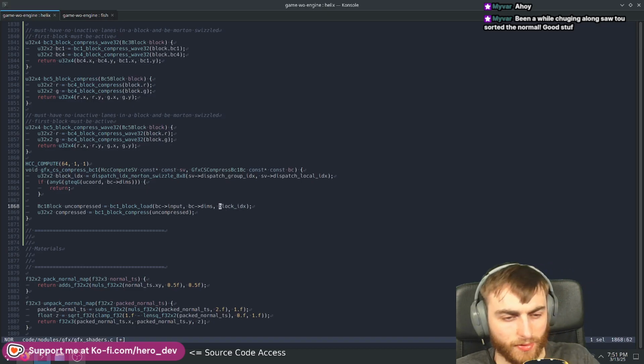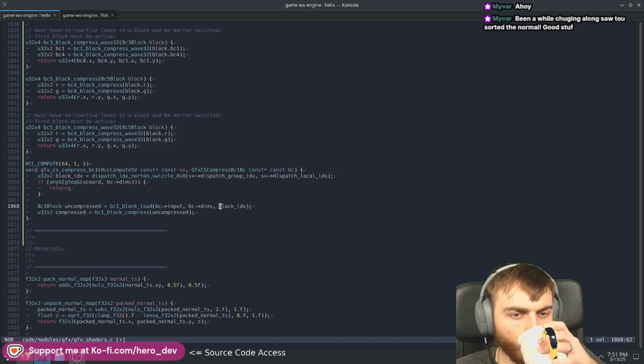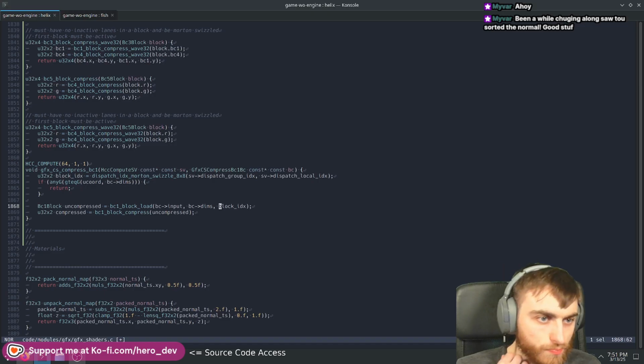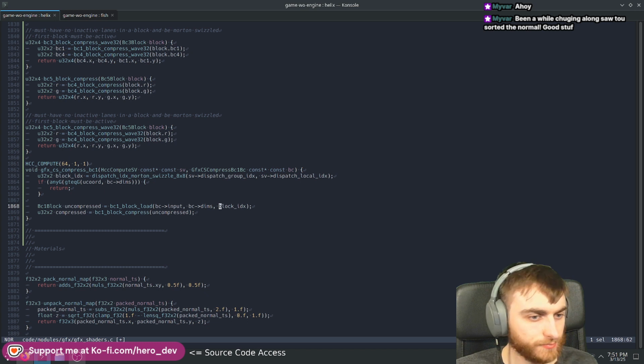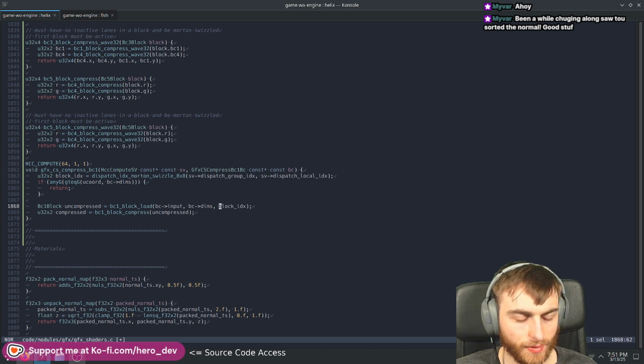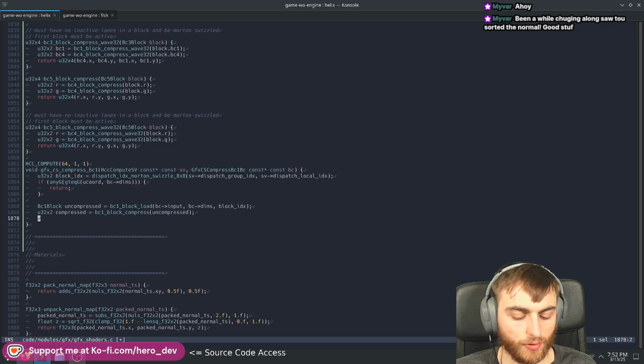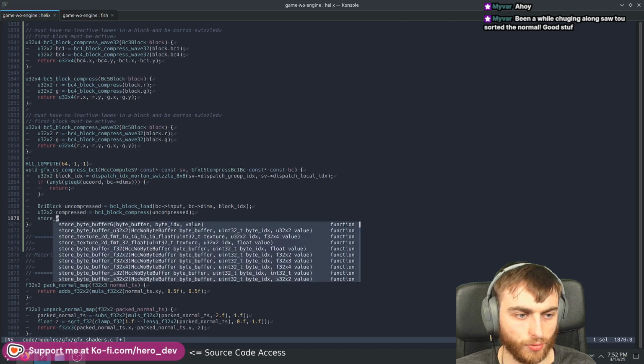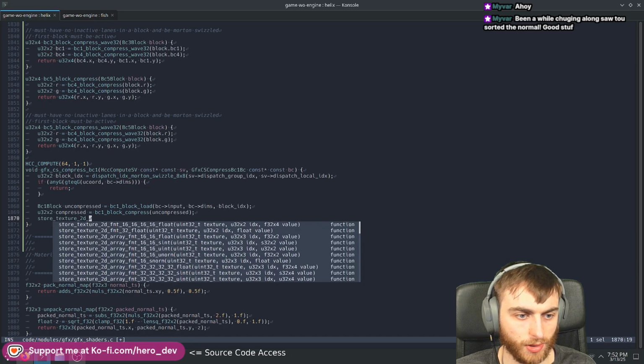It maybe helps with writing it out to main memory. So we put the two-dimensional block index in there, and that'll load all the uncompressed data. We compress it, and then we write it out into, so it's store texture 2D